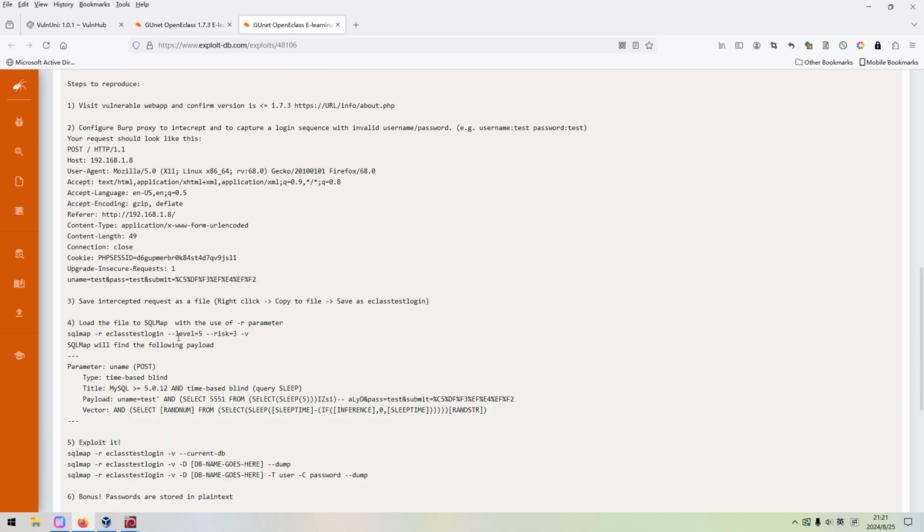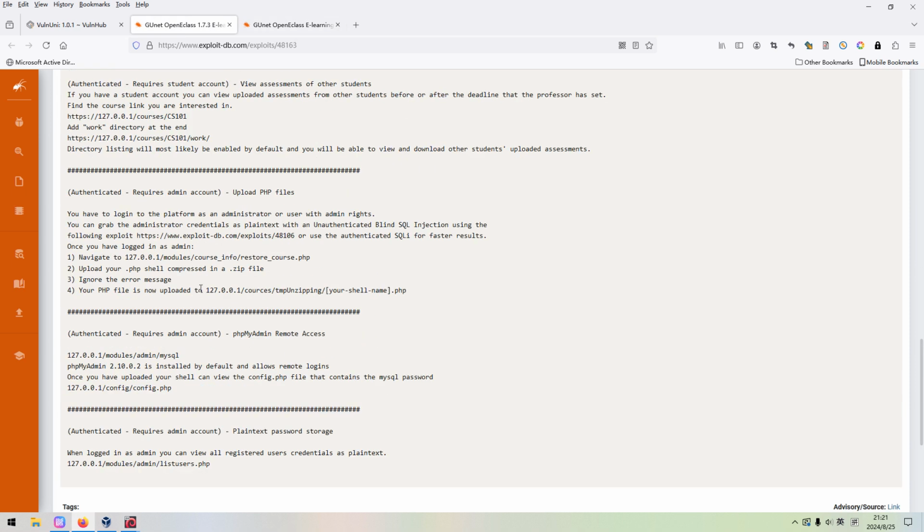This one is for the SQL injection vulnerability. We already know that this application is vulnerable to SQL injection, so we do not need to make use of this exploit again. However, of the several POCs, this one caught my attention because it can allow us to upload a PHP file. And here it shows you how to do it, the POC.